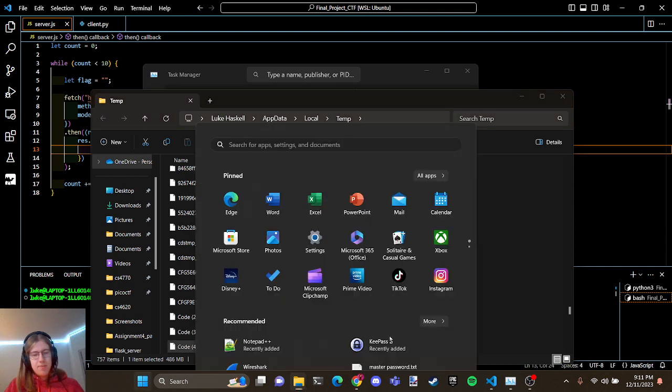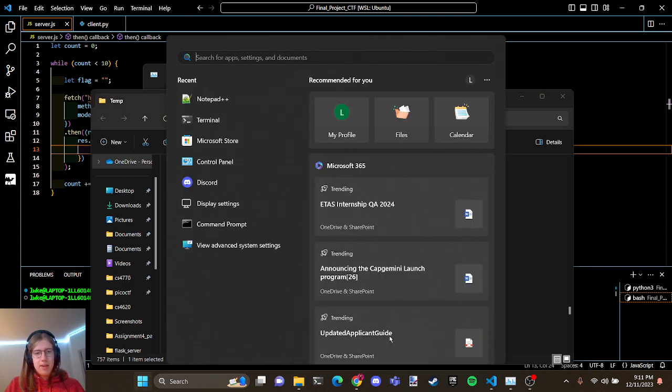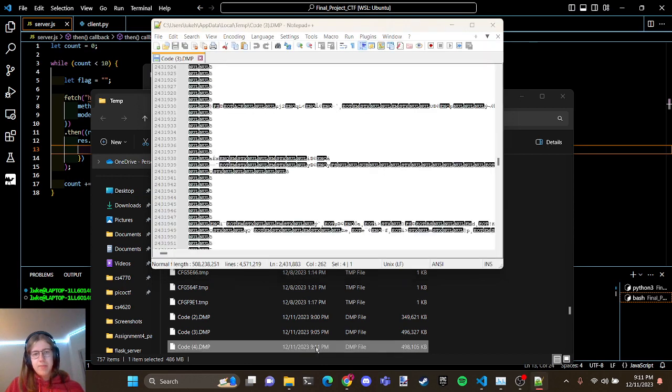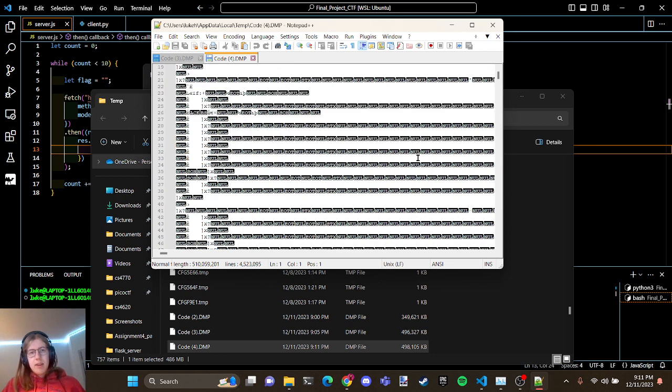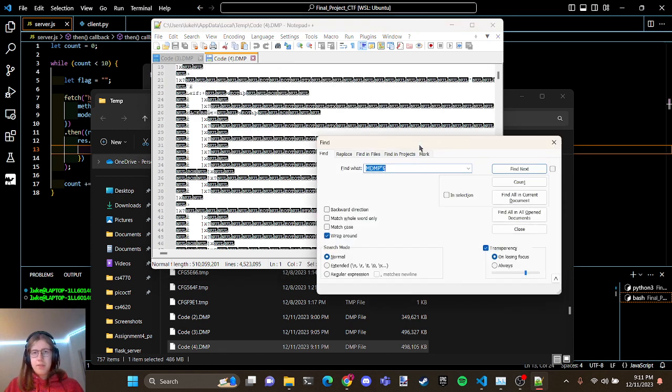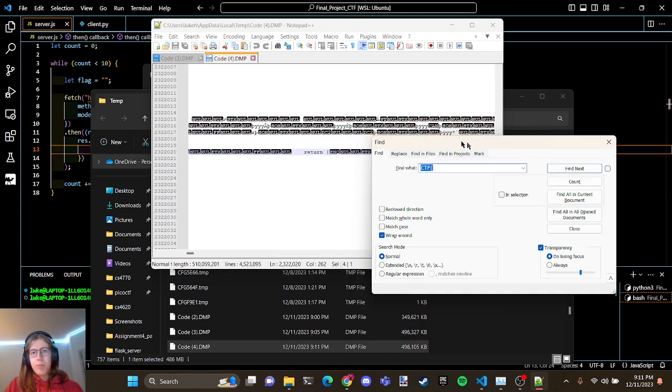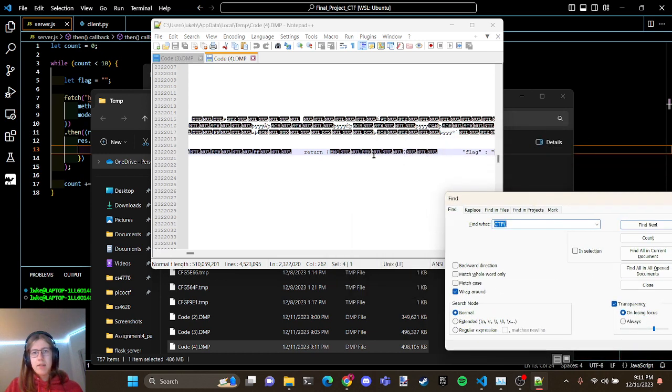Get that. Get Notepad++ going here. Copy that into here. And they search through this half gigabyte memory dump file for, I just prefixed it with CTF, and then open bracket, and you can see that